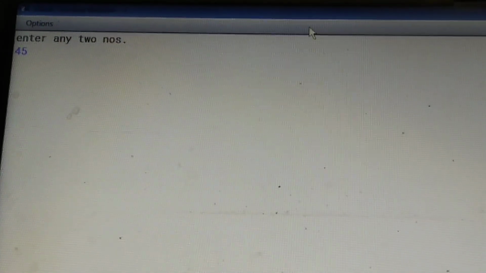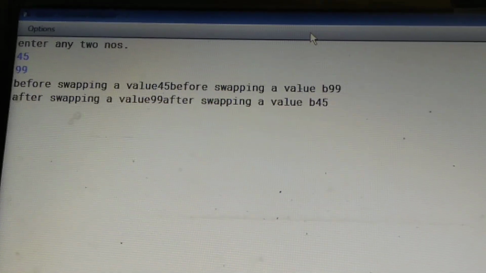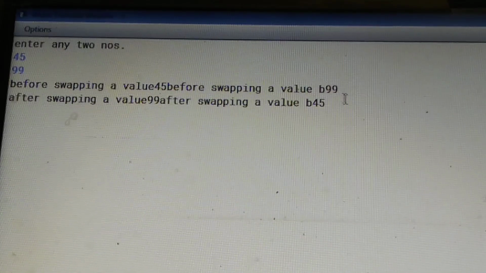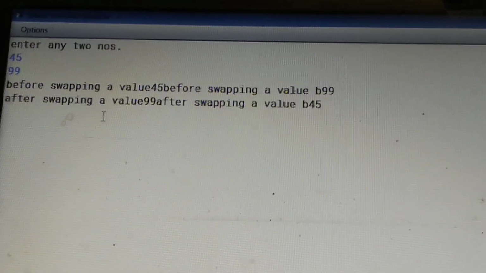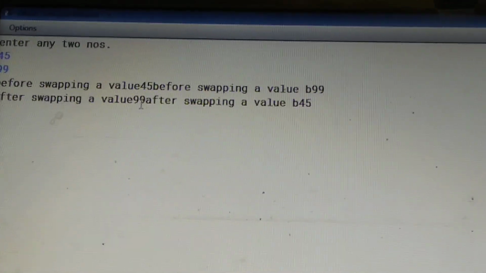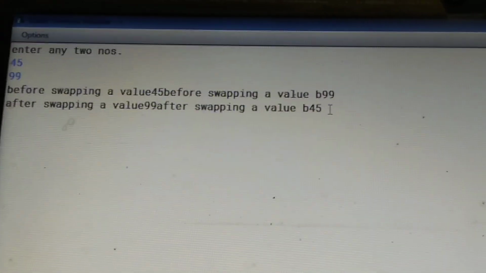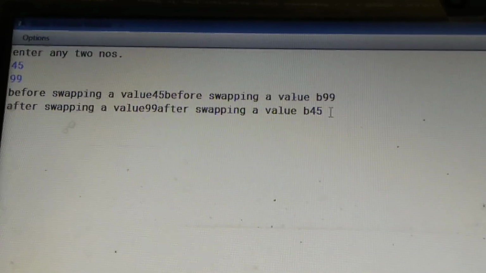Suppose I write here 45 and 99. So before the swapping the values are 45 and 99: a value is 45 and b value is 99. But after the swapping, a value is 99 and b value is 45. Clear? It's a simple program using the scanner class.